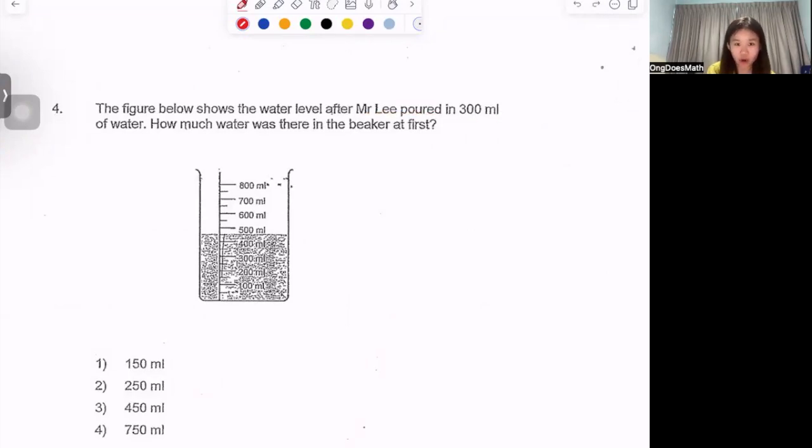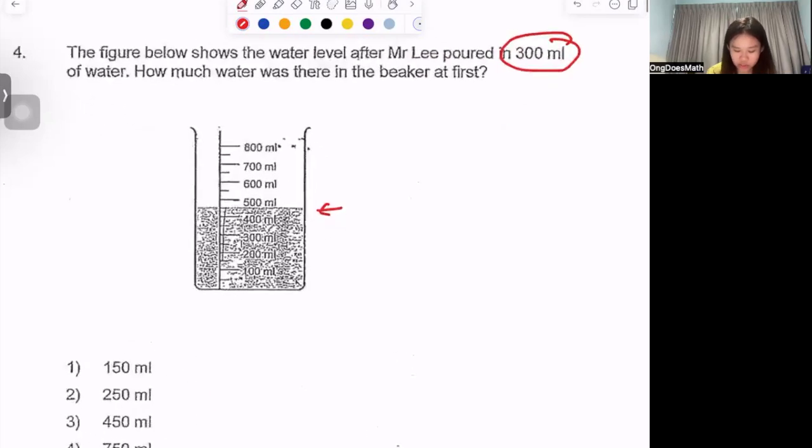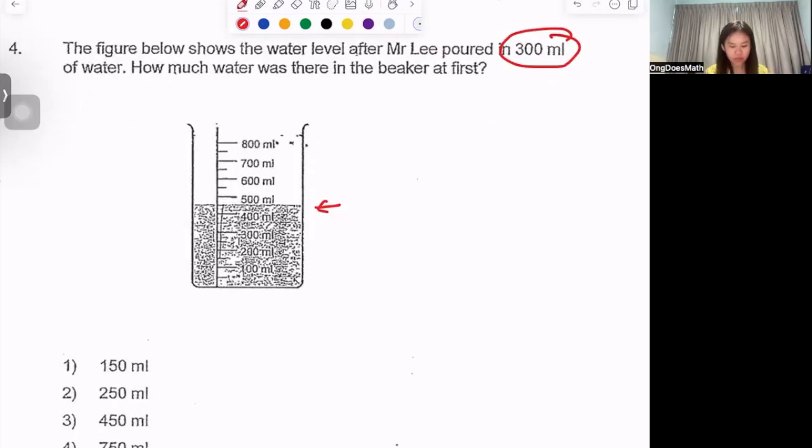So we want to find the original state, right? Which means we have to take whatever we have now, subtract this 300 milliliter to find out how much water was there in the first place. So before we can do that, we need to find out, in the end, how much water was there in the beaker. Okay, so if we examine this beaker very closely,